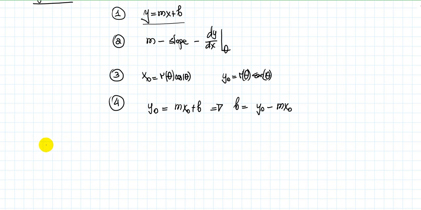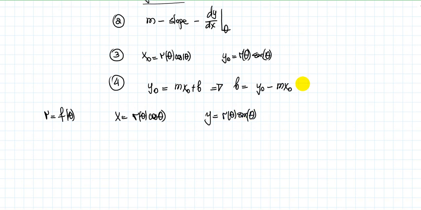If your curve in the polar coordinates is given as r equals f of theta, then you can write down the curve parametrically as x equals f of theta times cosine of theta, and y can be written as r of theta times sine of theta. For example,